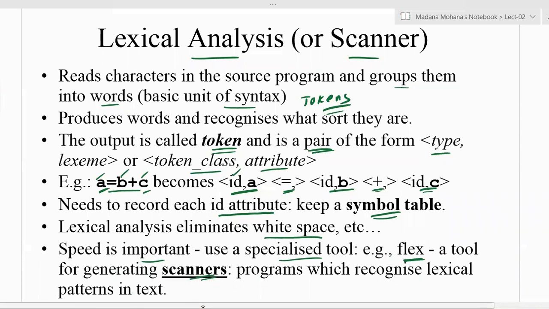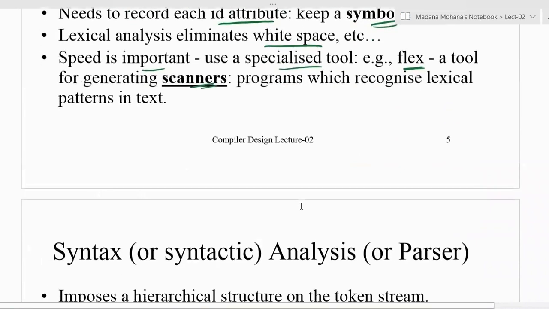This was available on Linux platforms. In the laboratory, this can be demonstrated. Anyway, we have the concept of the Lex tool, and at that time we will discuss more about this.